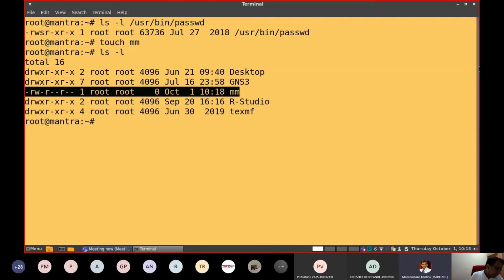Now, because I am logged in as the root user, I can say chmod u+s to grant the SUID bit equal to 1 for the file yum.